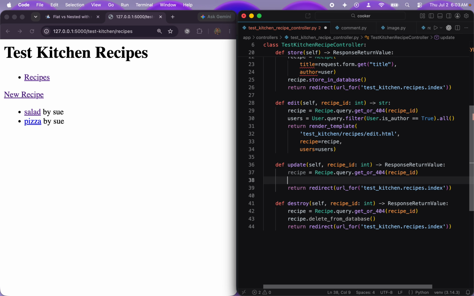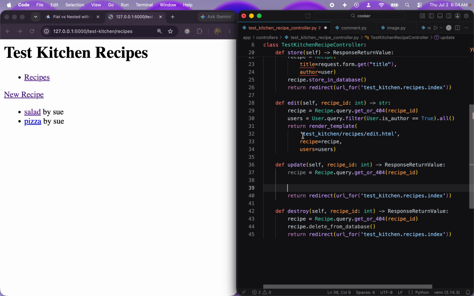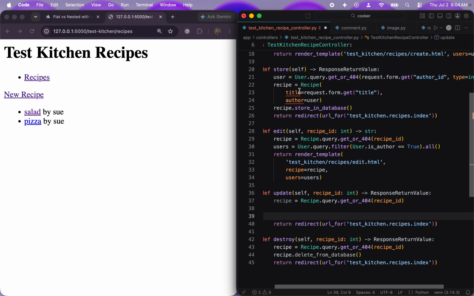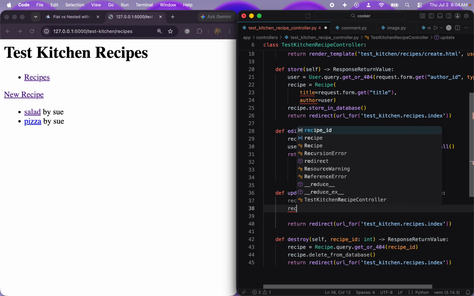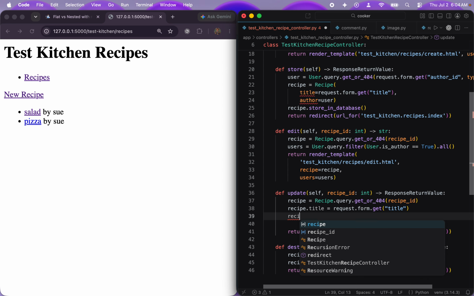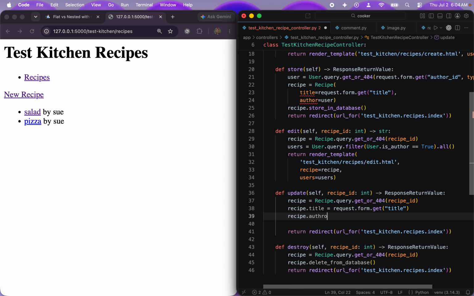Okay, and then we have a way of getting the title, which is here, and we have a way of setting the author. So we can say recipe.title is equal to that, then recipe.author is equal to,